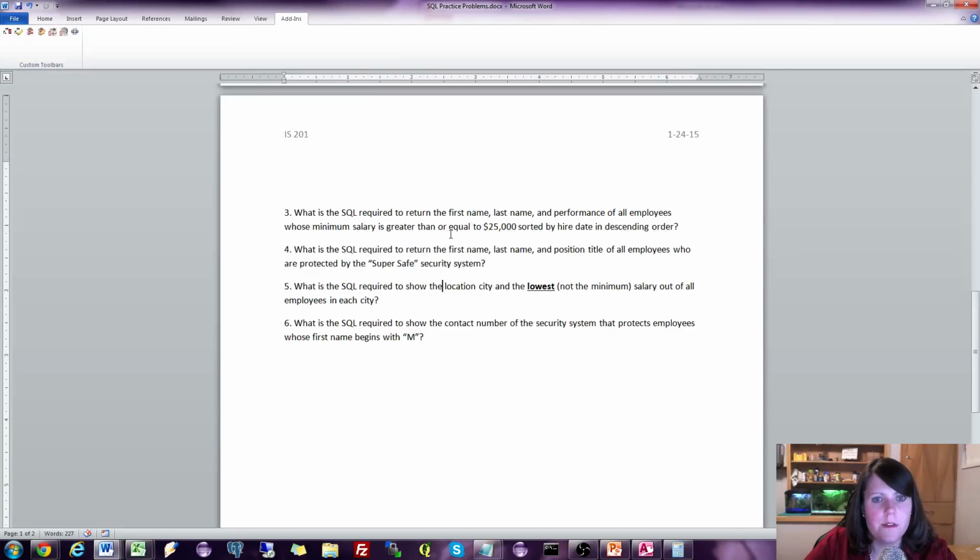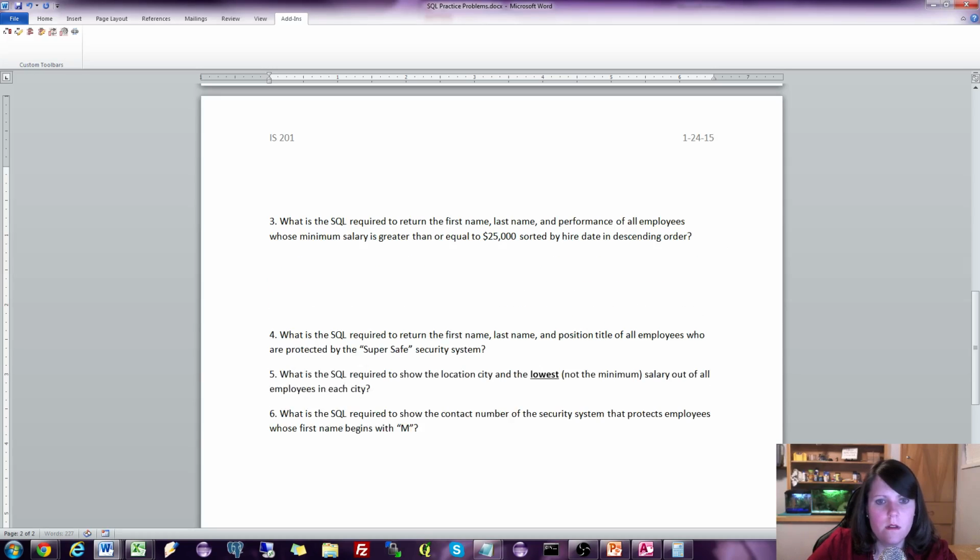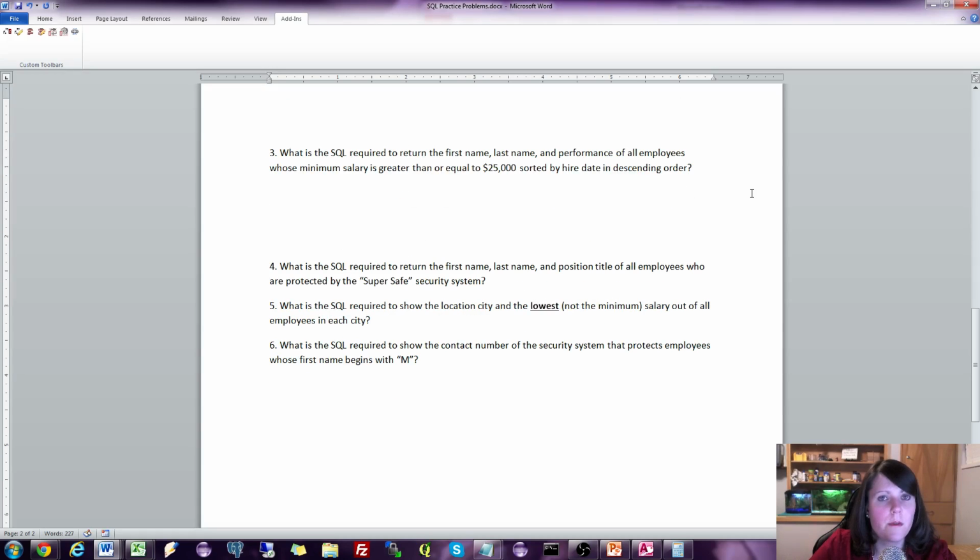All right, so next query. They do get progressively more difficult. What is the SQL required to return the first name, last name, and performance of all employees whose minimum salary is greater than or equal to 25,000, sorted by hire date in descending order? Okay, so we've got a lot of different things going on here. So let's start with just the things that we want to display. So select, that's easy, right? So select first name, last name,